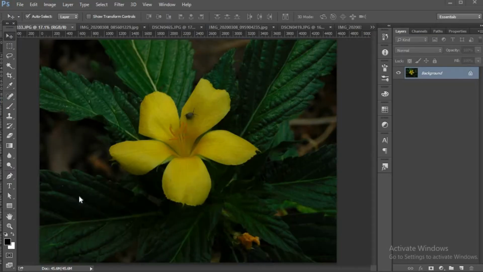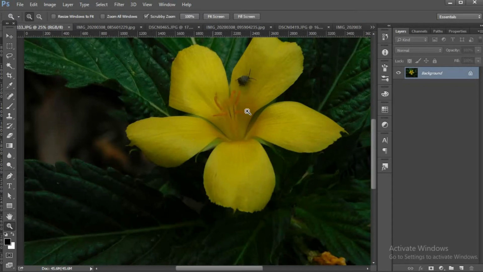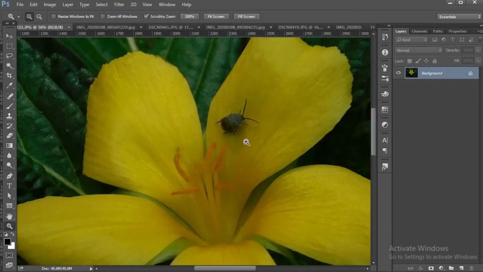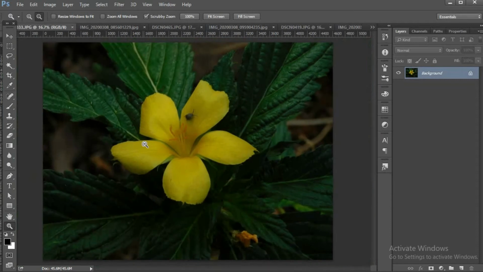So guys, this is my image clicked with the Nikon Coolpix B500 of a beautiful flower, and I'm really happy with the image quality of the B500 for macro photography. You can see its pollen, the bug, these petals, everything is in good focus and the image looks very cool. And my background is a bit underexposed, so it brings out my flower even more and it gives it depth.